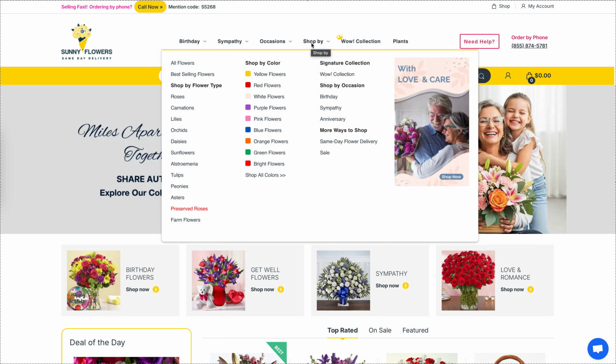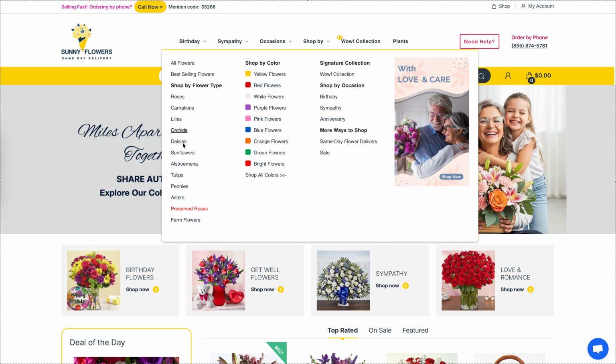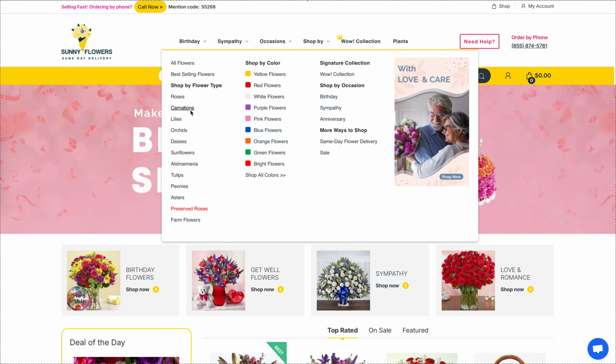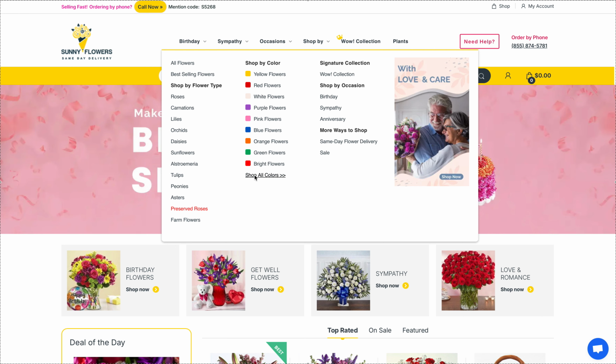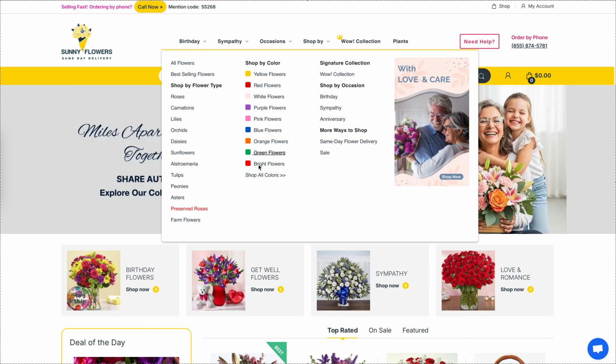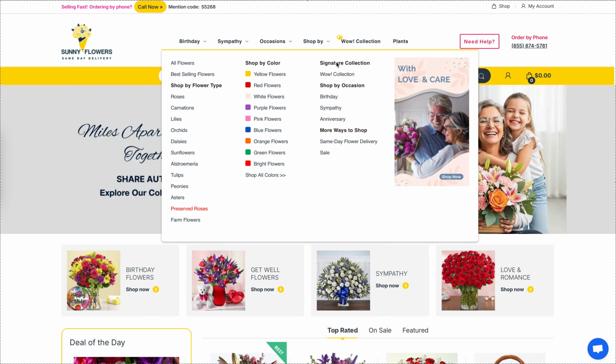Shop by. Look at this one. This is such a cool idea. You have your shopping by flowers, by specific flower breeds and species. You've got shop by color. That's a big deal. And you can actually then go further than just your primary colors that are flowers. You can go and say, hey, there's a full gamut of colors I could choose from. Maybe there's a signature